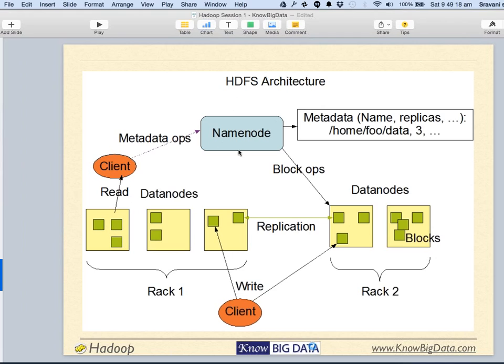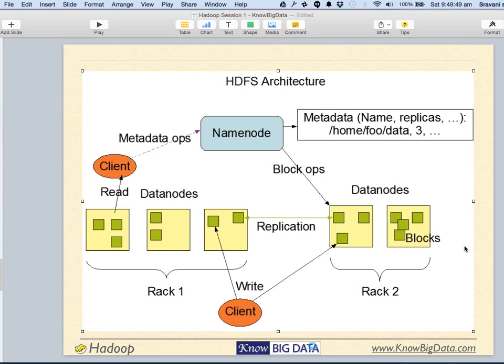The name node contains metadata such as folder name, file name, number of replicas, the location of the blocks, how many blocks are in each file, and which folder and data node those blocks are located on. That is metadata. And the client basically talks to the name node first, and then the name node tells it what to do.